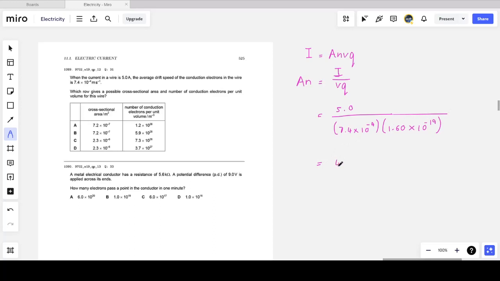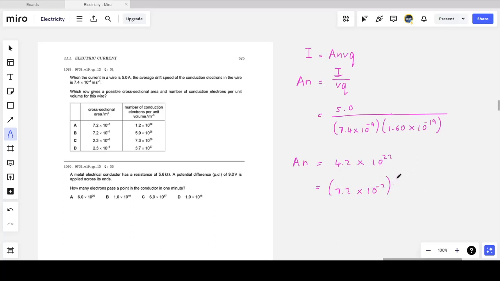And this gives me 4.2 times 10 to the power 22. Now what is left for me to do is to try and figure out which combination of area and number density, which row, if I multiply these two numbers together, gives me 4.2 times 10 to the power 22. I'm not going to do all of them, but you can test this out for yourself. It turns out to be 7.2 times 10 to the minus 7